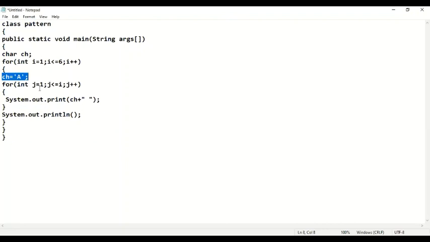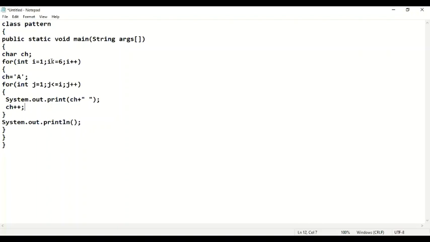When i equals to 1, the value of j goes from 1 to 1, that means the j loop will run only once and it will print a and a space. After this, inside it I have to do ch++ like this, and ch will become b. Now we come to a new line. Then i equals to 2, ch will again be initialized with a. Then how many times will the j loop run? 2 times, from 1 to 2. That means first it will print a, then it will be incremented, it will become b, and next time it will print b. In the second row it will print a and b, and after the second row it will go to the new line.